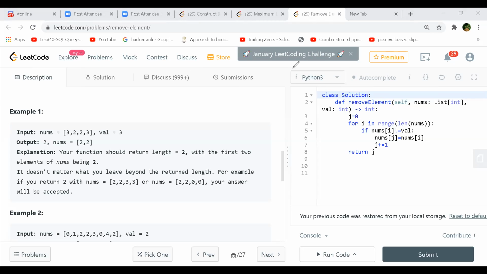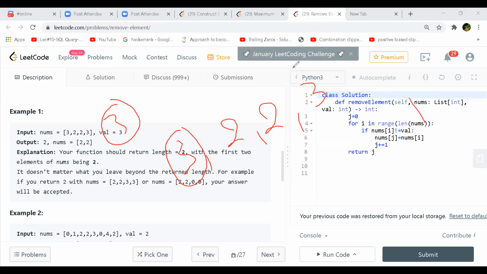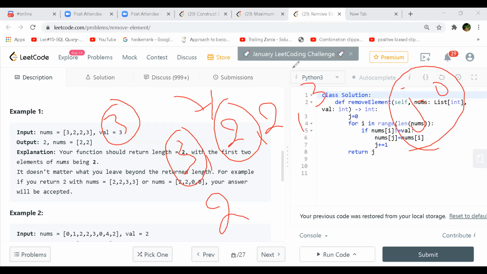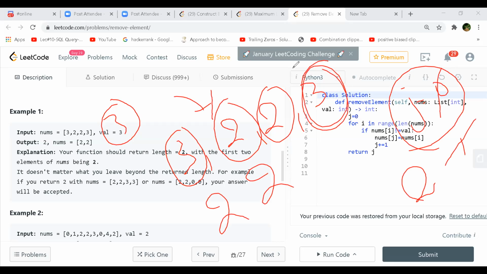Yes, so it's the same as what you are saying. We maintain a J pointer, and J is my slow pointer in this case. You take every number and compare: if it is not equal to 3, then at J, initially 0, you put it there. Since the first one equals 3, I won't move my J pointer, I'll go to the next one. 2 is not equal to 3, so you put it at the 0th position and J increments to 1. The next is also not the same, so it moves here and J increments to 2. And now this one is equal to the value.